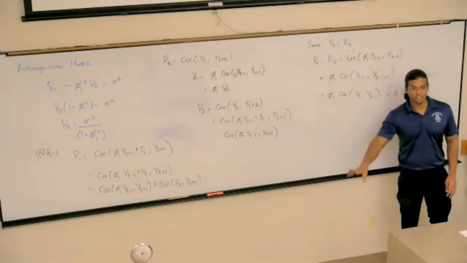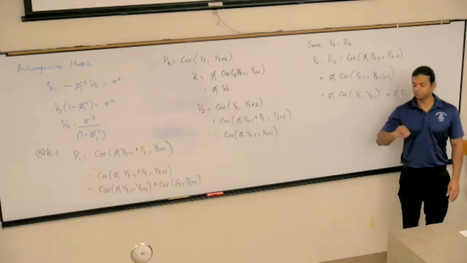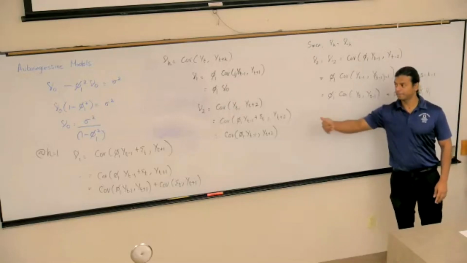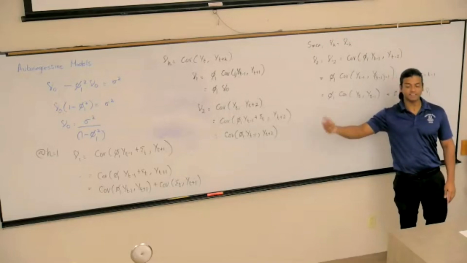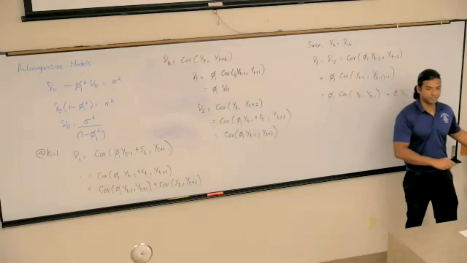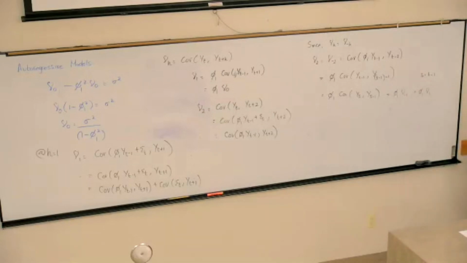So eventually it will become 0, but it would not become 0 at the very first step, or for h greater than or equal to 1, like it did with a moving average process. Yes. So is the pattern going to continue, like gamma 3 would just be